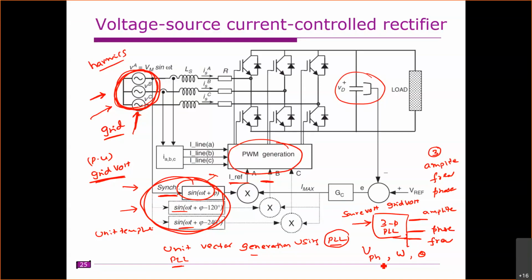So with this information, you can construct the modulating signals. How to construct the modulating signals in this case? Here the A phase modulating signal will be, so this is the magnitude, root 2 V phase sin(omega t plus theta). That will be the A phase modulating signal. Similarly, you can construct the B phase and C phase modulating signals, right?